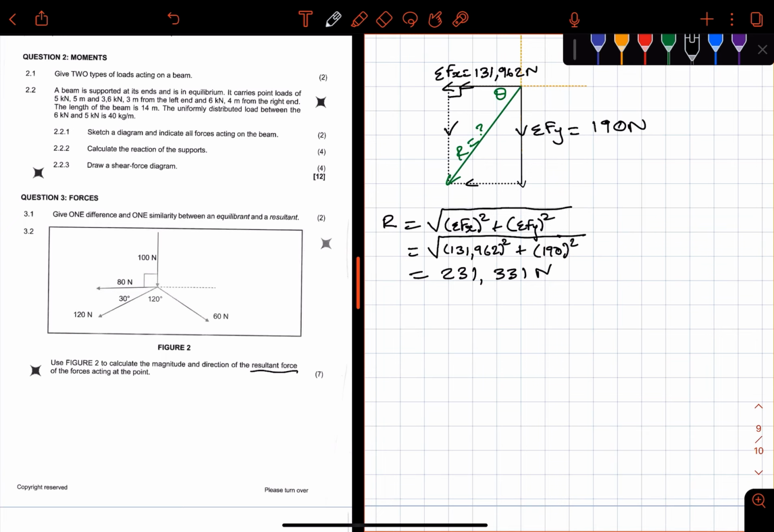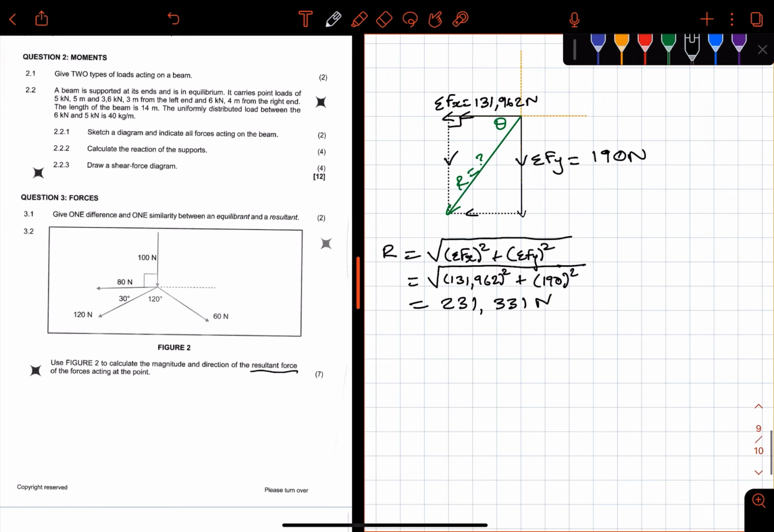So which trig ratio are we going to use? We are going to use tan. Tan theta is equal to the side opposite. So the side opposite the angle is the sum of forces in the y direction, over the side adjacent. The side adjacent is the sum of forces in the x direction, right? So tan theta is equal to what? Sum of forces in the y is 190 over sum of forces in the x,